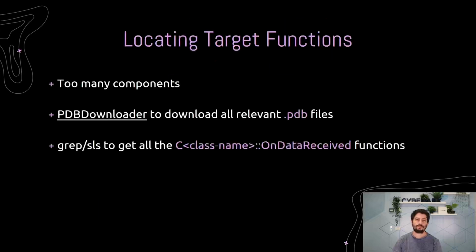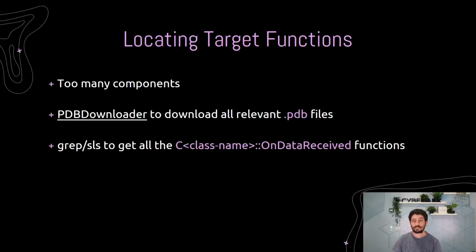Okay, so now we have something that runs and sends messages. But one of the problems we had was actually locating our target function. So we can send messages, but we need to know who deals with the messages on the target. And this is not such an easy problem because RDP has a huge code base and it's hard to locate